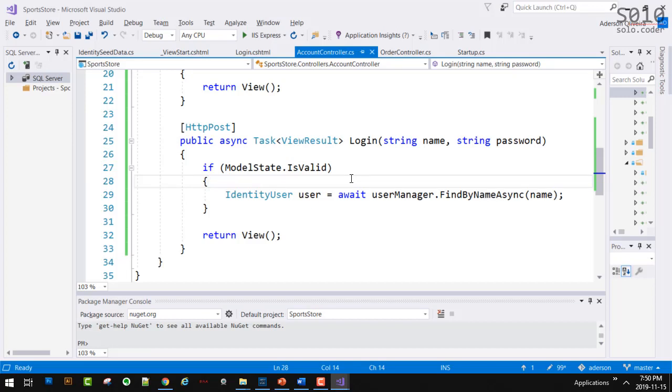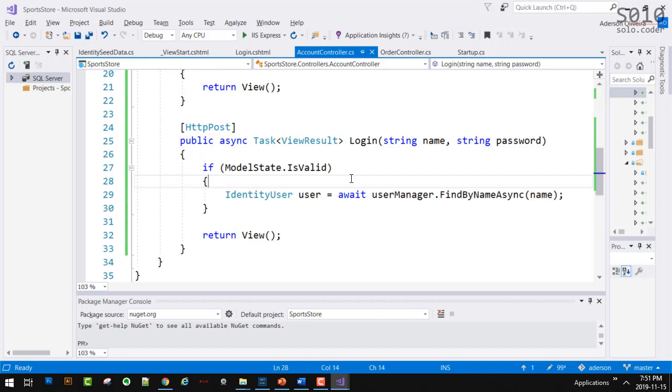Okay. What else do we have here? Now what is it that we are doing here? We're creating a user, and we are trying to find the user, isn't it? So if it finds the user, it becomes that user. However, if it does not find the user, it becomes most likely a null.